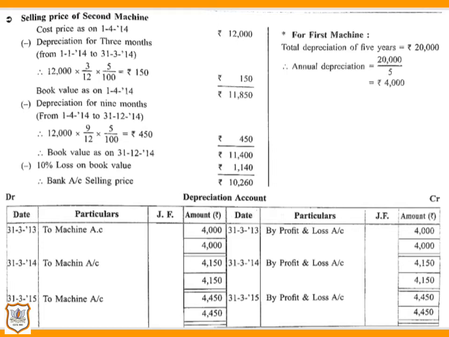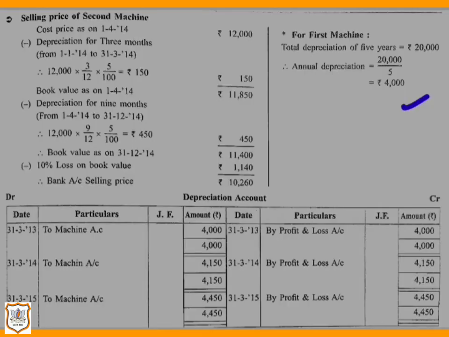So in order to find out amount of annual depreciation, we will divide 20,000, that is total amount of depreciation till today, by 5 years, as this machine was purchased 5 years back. That means if for 5 years the total amount of depreciation is 20,000, what would be the amount of depreciation of 1 year, that is annual depreciation? If we divide 20,000 by 5, we will get rupees 4,000, that is the amount of annual depreciation. Now let us see